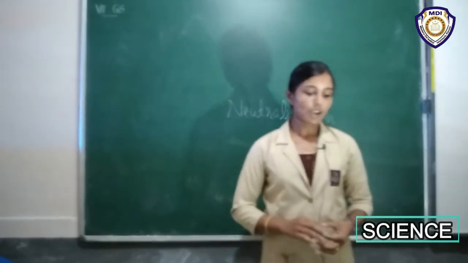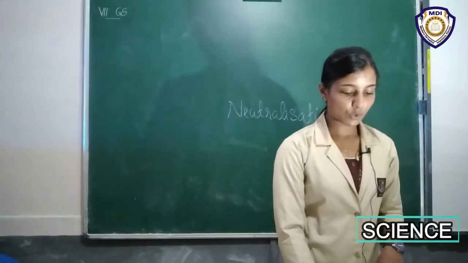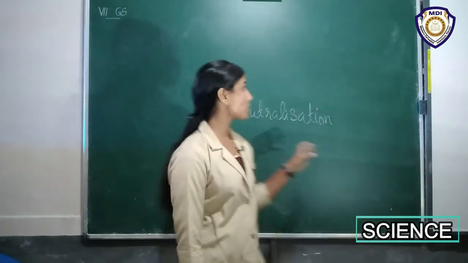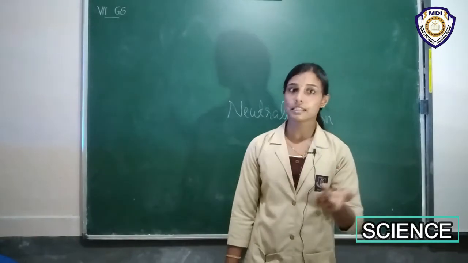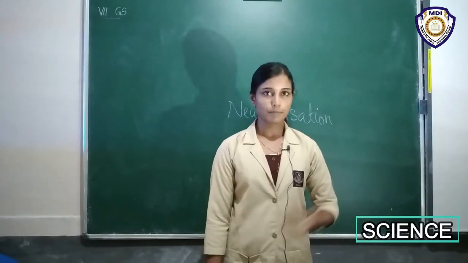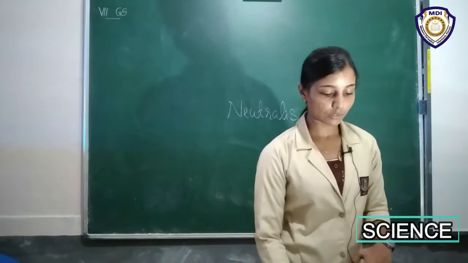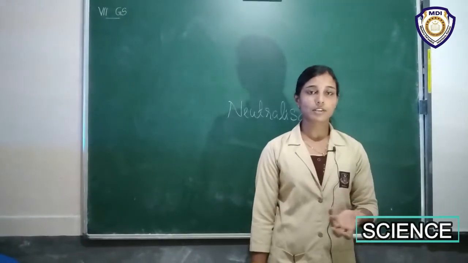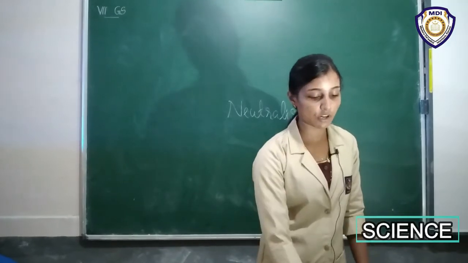And we are going to use an indicator you have not used so far. So far we have used only natural indicators, right? Natural indicators: China-rose indicator, turmeric indicator, and what? The litmus. These are natural indicators. And one more thing you have to know: there is a synthetic or chemical indicator, that is phenolphthalein.